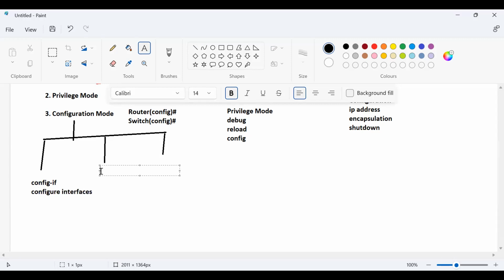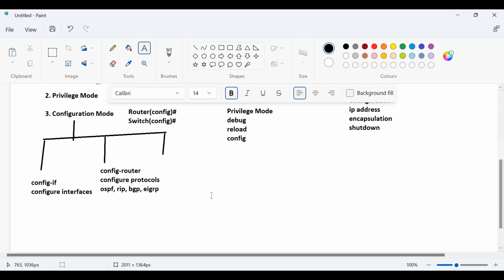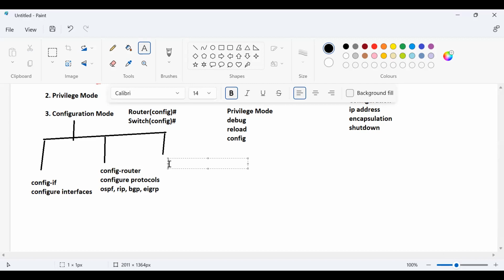The other one is config-router, used to configure protocols like OSPF, RIP, BGP, ARP, like this. And the last one is config-line,